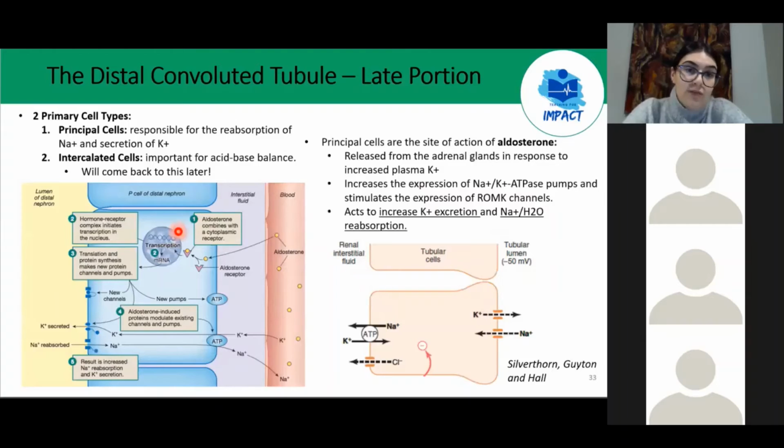In the late portion of the distal convoluted tubule, we have two primary cell types. The first is the principal cells, which are responsible for the reabsorption of sodium and potassium. And we also have these intercalated cells, which are important for acid-base balance. I'll come back to that a little bit later. The main thing to know about principal cells is that they are responsible for your sodium and potassium excretion